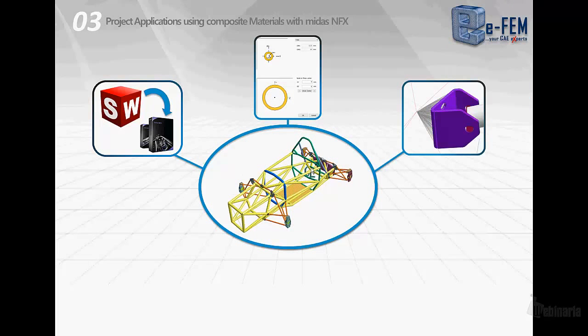Then the model has been completed with other types of finite elements. So the global model is made of 1D, 2D, and 3D elements mixed together and linked together.